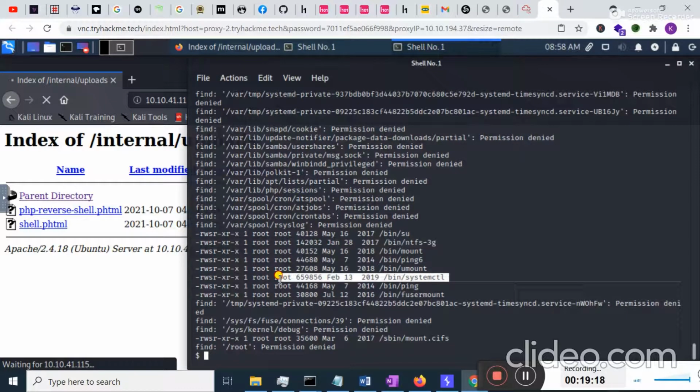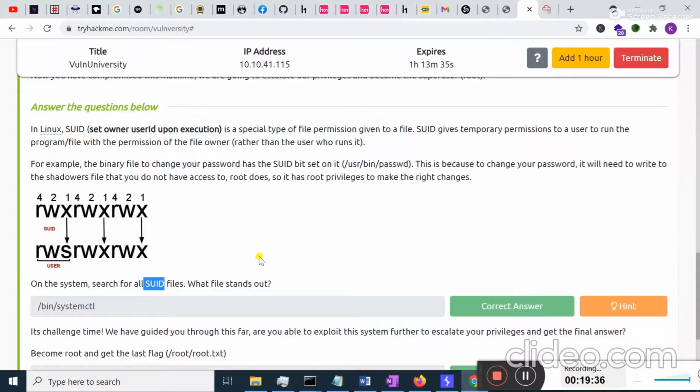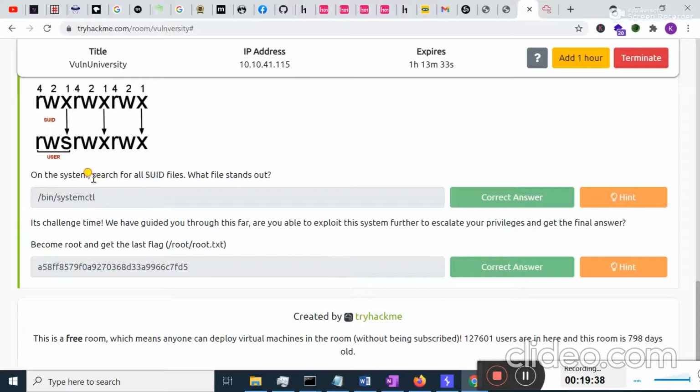Basically, systemctl stands out from all other files which have SUID enabled, because it's not normal to have SUID enabled on systemctl. The question is: on the system, search for all SUID files, which file stands out? So the file that is beneficial for me is /bin/systemctl.